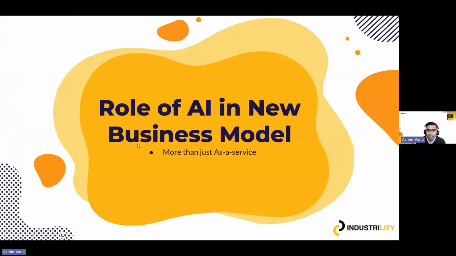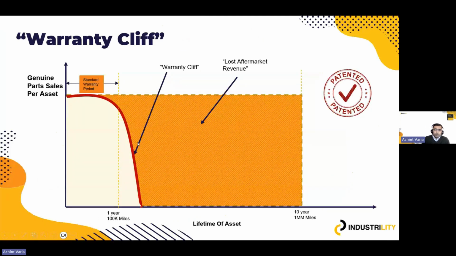And finally, we can use AI to enable new business models. So often what we have seen is, you have a machine. Typically, they'll have a 1 year or a 3 year warranty, and for that warranty period, they would come to you to replace parts and do your service. And then there is something called a warranty cliff. As soon as the warranty finishes,